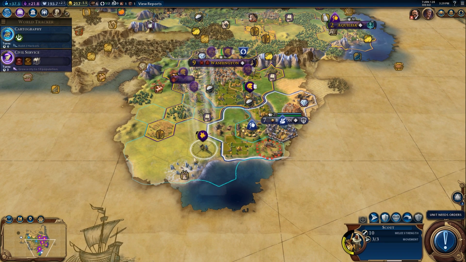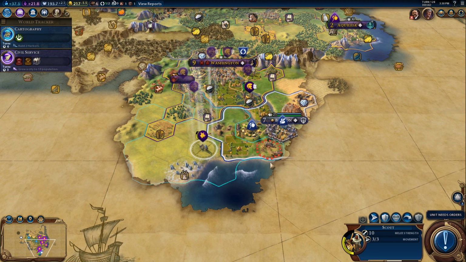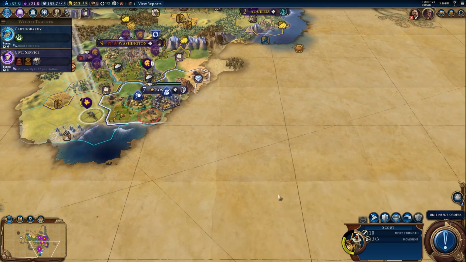Today we are continuing our war against the Americans. At the moment, our scouts have progressed south. It looks like their empire never went in this direction. I have a funny feeling the coast flows through here, just out of our line of sight, which I will check shortly. And I think Boston here is going to be the second and only city,